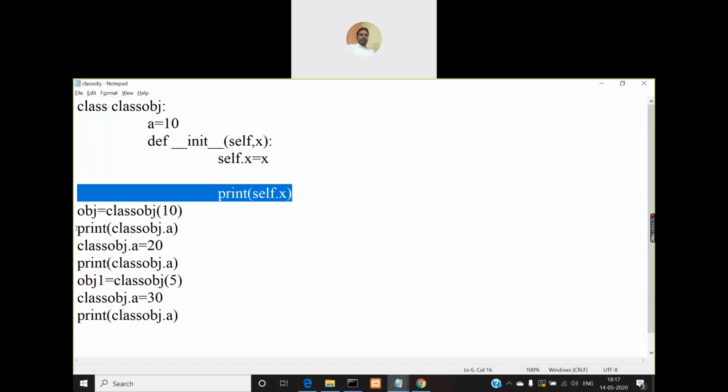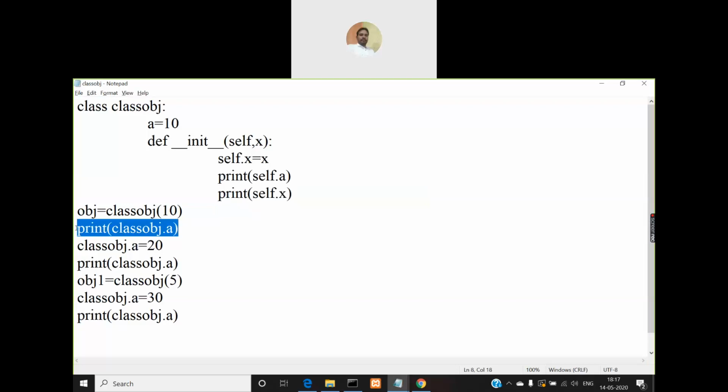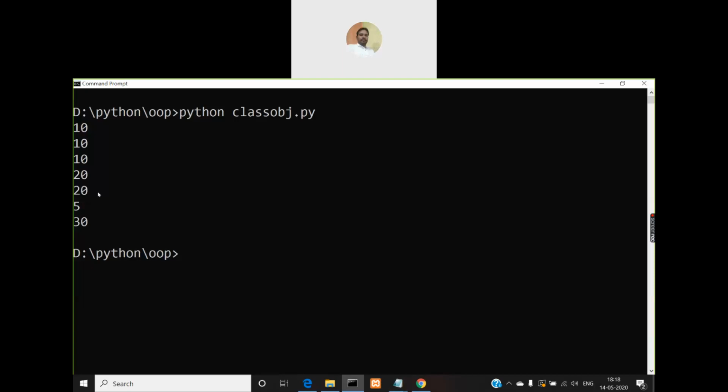Then after the object is created, I'm printing a statement, and I'm accessing variable a. So do you have any object variable a? You don't have an object variable here, but you have a class variable here, right? So what is this going to print? The class variable a's value 10. That is the reason why even the third value of the output is also 10.